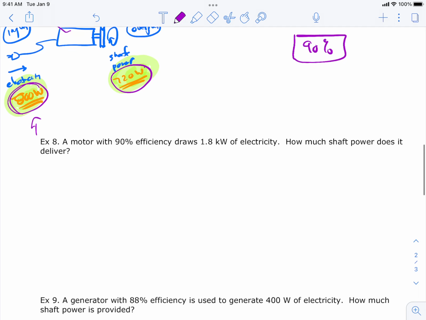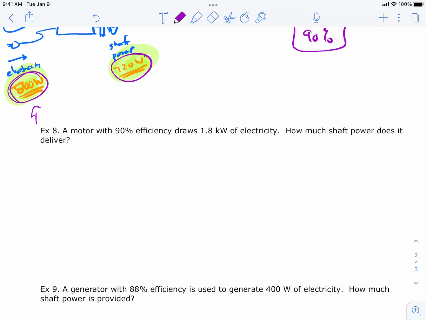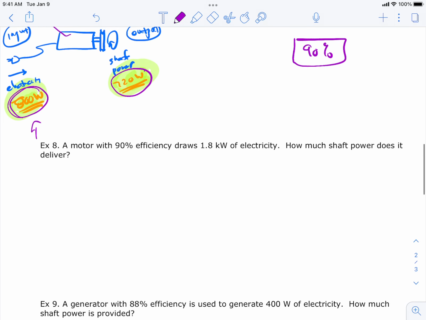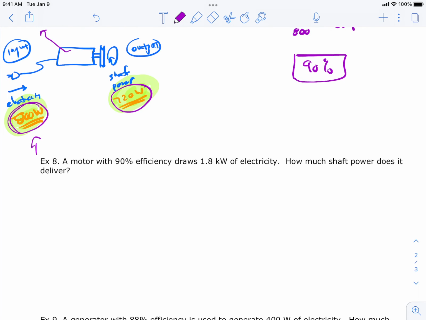What do we got here? We got another motor, and it's got 90% efficiency. They actually told us the efficiency. Okay, cool. Motor with 90%, it draws 1.8 kilowatts of electricity. How much shaft power does it deliver? Okay, well,